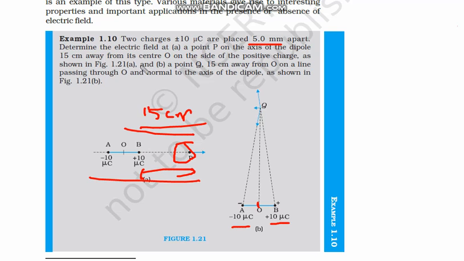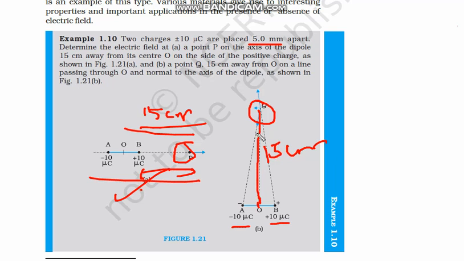Now as shown in figure 1.21a, this is the first figure. And in case B, at a point Q. In the second one we have to measure at point Q. This Q is 15 centimeter, this is again 15 centimeter. Please remember the unit. This is 15 centimeter away from O on a line passing through O and normal to